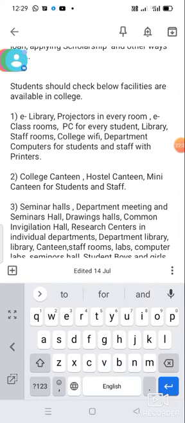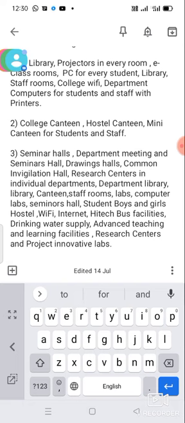What are the facilities the student has to check in the college? E-library, projectors, PCs for students, library, staff rooms, college Wi-Fi, department computers for students and staff. And he should know whether there is a college canteen, hostel canteens, mini canteen for students and staff. And you should observe whether seminar halls are available or not, department meeting and seminar halls, drawing halls, common invigilation hall, research centers in individual departments, department library, library, canteen, staff rooms, labs, computer labs and hostel